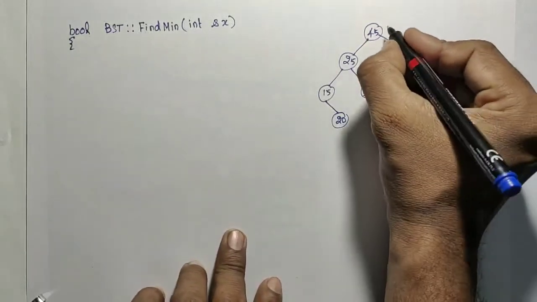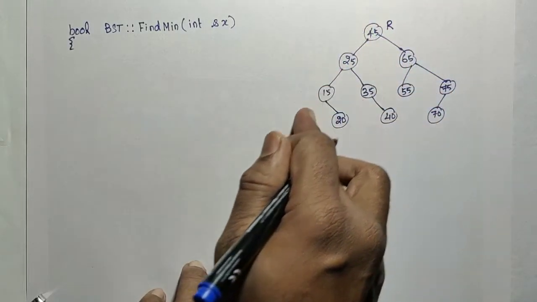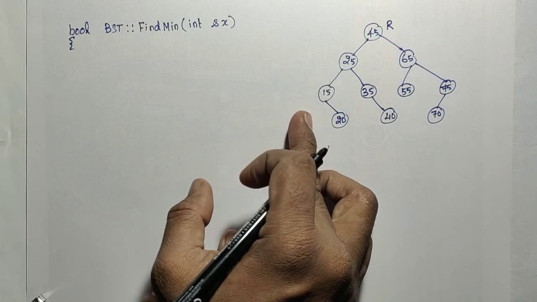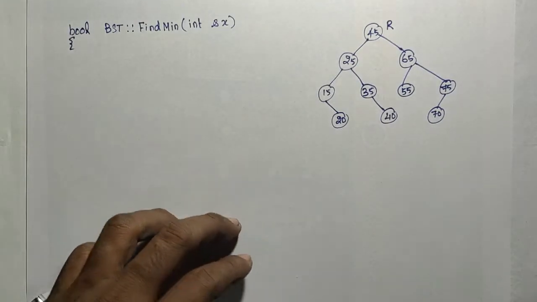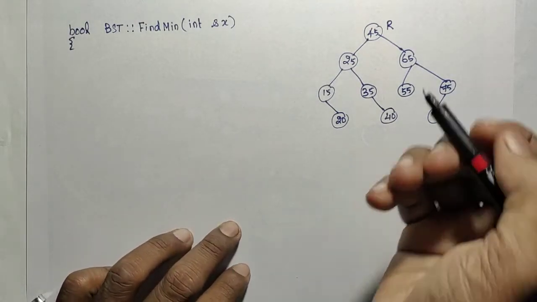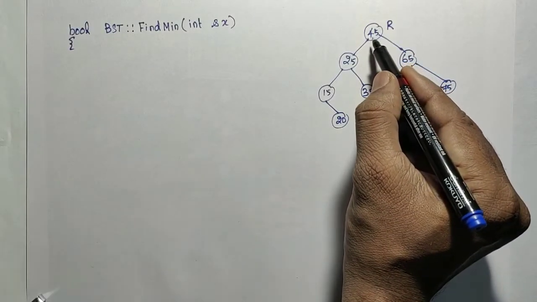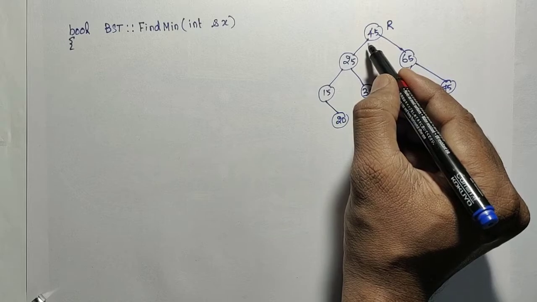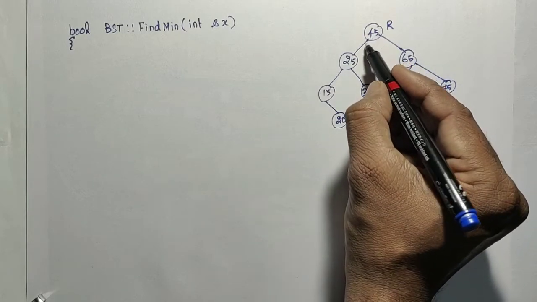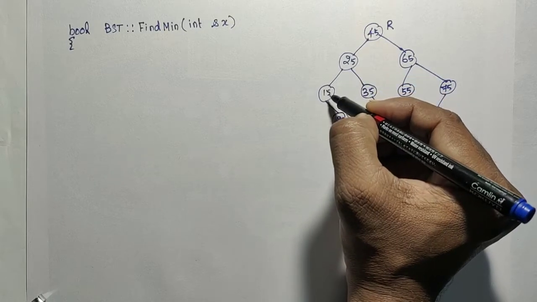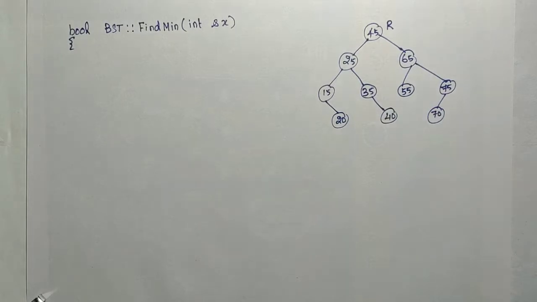So if I start from the root and travel only on the left side, and identify the leftmost element, that will be returned as the minimum. Leftmost means we have to check the left side of a particular node. If the left side of the particular node is null, then that element will be identified as the leftmost. We only have to search on the left.